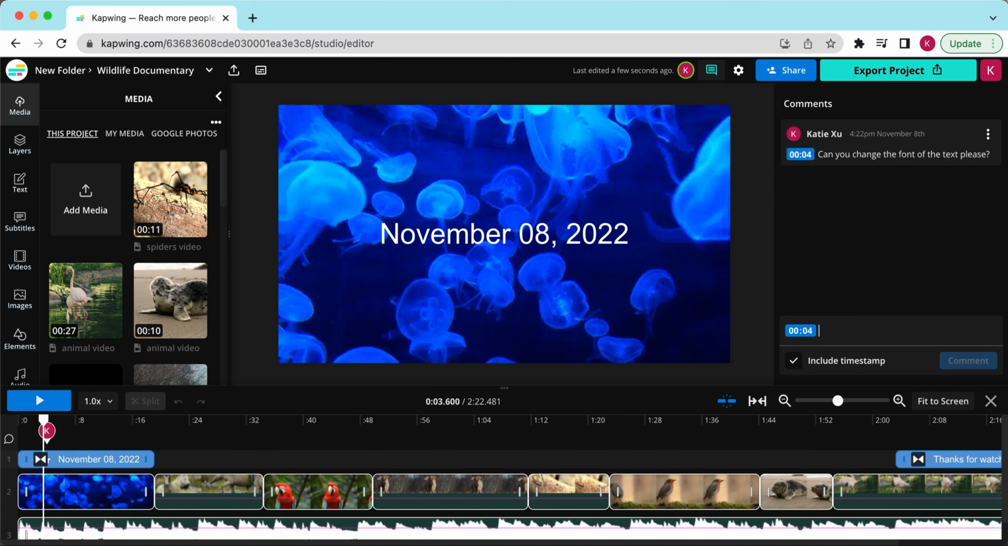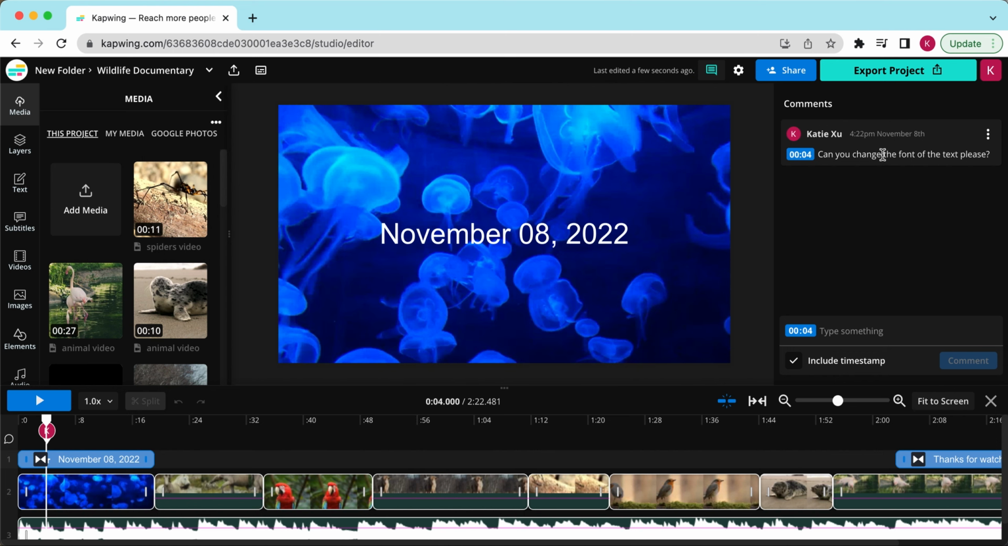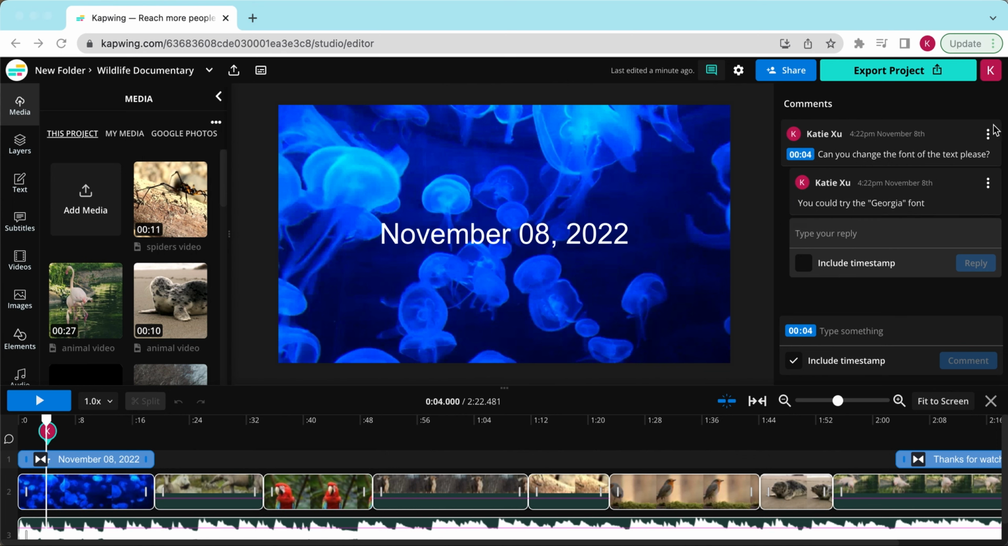You or anybody else who has access to this project can leave a response to the comment as well by clicking on the comment and typing a response. If you make a mistake, you also have the option to edit or delete the comment by clicking the 3 dots. Everybody in your team workspace will be able to access this project and all of the comments made within